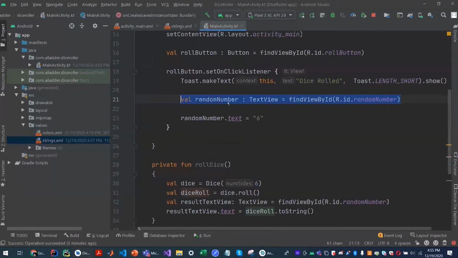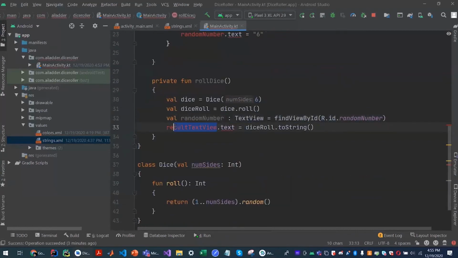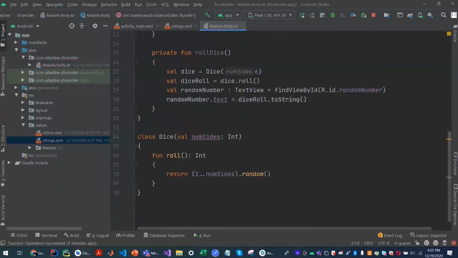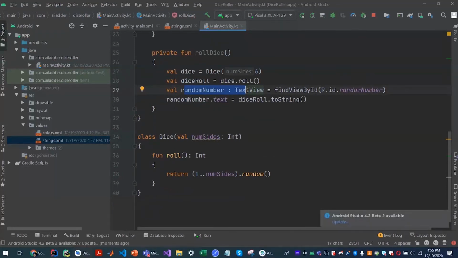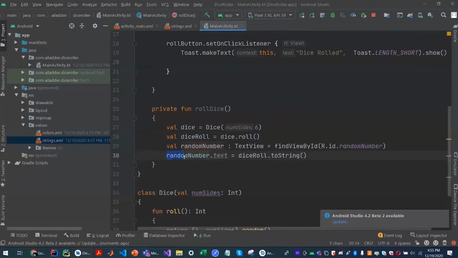And we can actually just copy. So this is, again, we've attached the TextView present in the layout to this variable randomNumber, and whatever number we got here, we have to replace it with the text on the screen. Like we did here, we hardcoded it as 6, but now we're making it general by saying that the text in the randomNumber is equal to the dice roll, whatever value we get here.